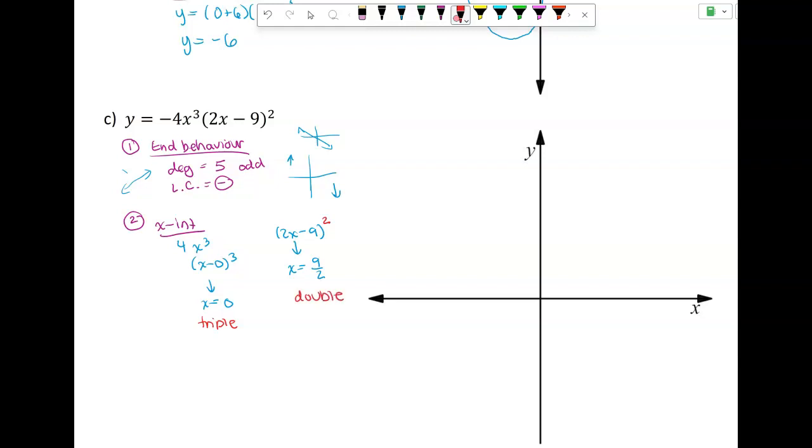Okay, so that means if I put my points in, I've got the 0 here, and that's going to be a triple, so I'll have that cube